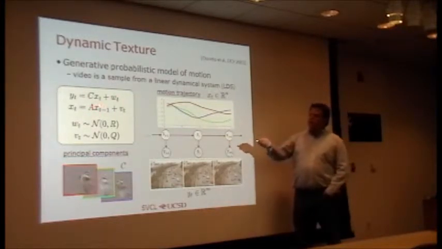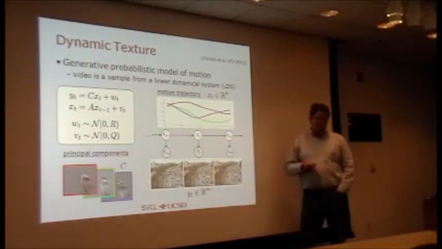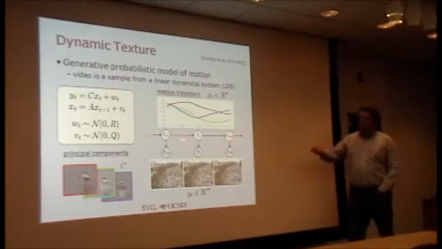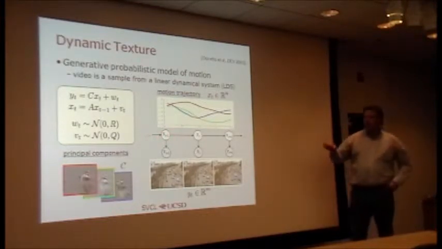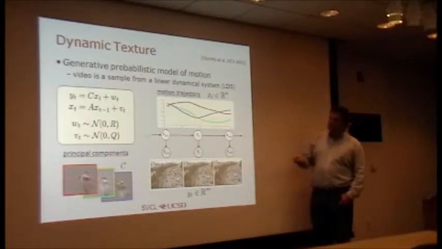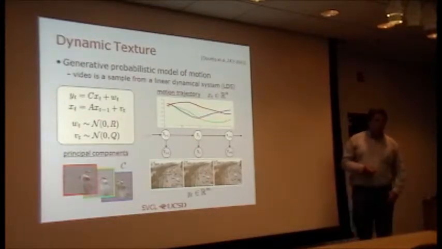Then beyond that, we have a first order Gauss-Markov chain for the state, which is this part of the graphical model, and that just means that the model also keeps track of how the trajectories in the PCA space evolve over time. So that's what's shown here. The vector x is a vector of coefficients, the weights to combine these basis functions. And this part of the model keeps track of the evolution of these